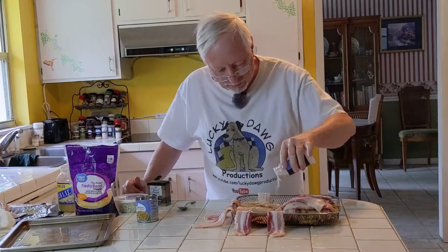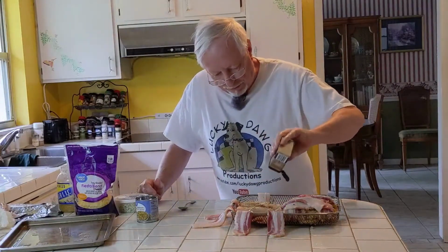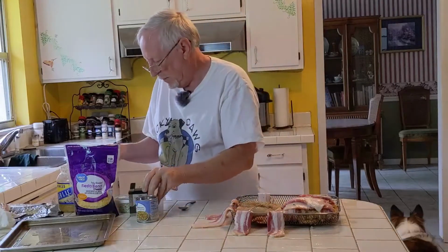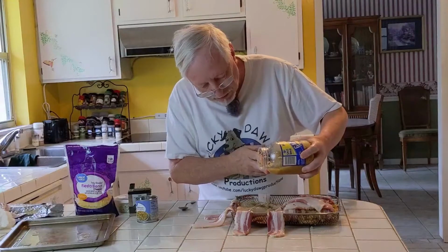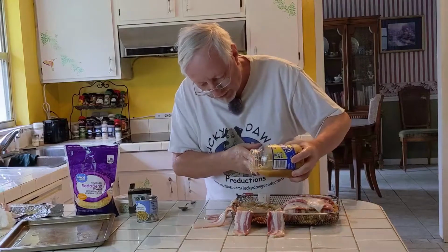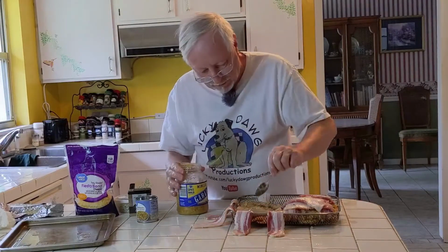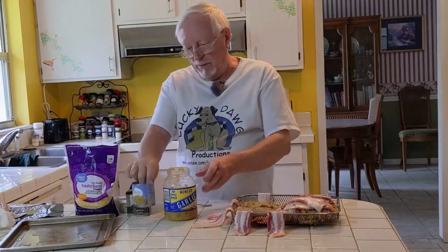Again, if you want a little less or a little more, it's your choice. Put some black pepper, ground black pepper. And then I'm going to, again, put a little of this juice off the garlic and just kind of drizzle it around. I love garlic, guys. Who doesn't love garlic? Who doesn't love bacon? So, you know, you've got the best of both worlds here, bacon and garlic. And we've got our